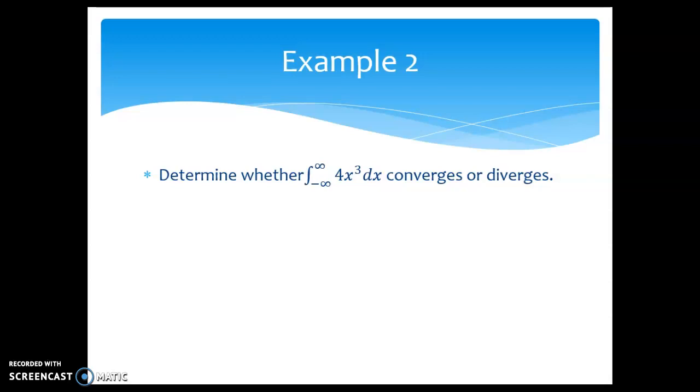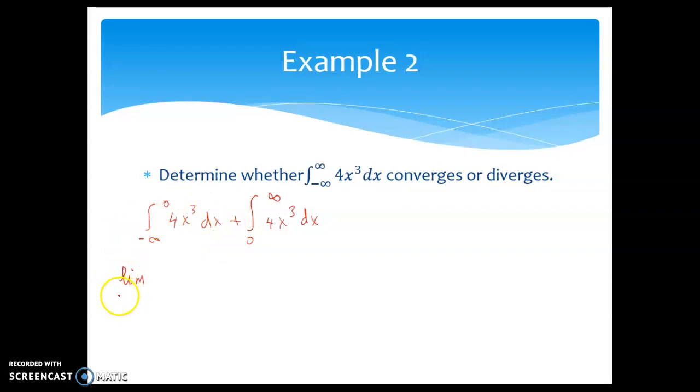Okay, in this problem we're going to determine whether the integral from negative infinity to positive infinity of 4x cubed dx converges or diverges. So for this integral, we can actually say we integrate that function from negative infinity to 0 dx, plus the integral from 0 to positive infinity of 4x cubed dx. So when we take the integral of this one here, we're going to say limit